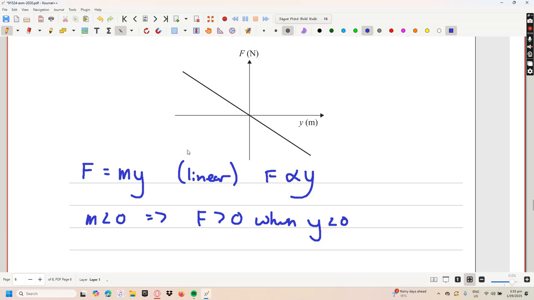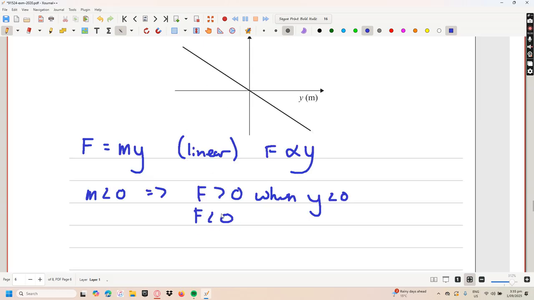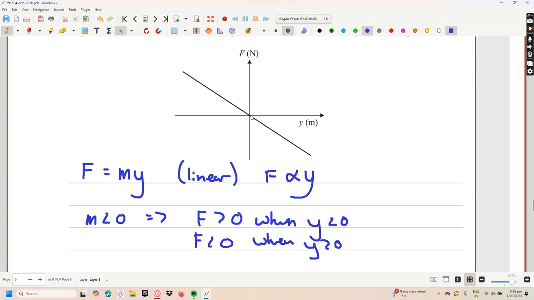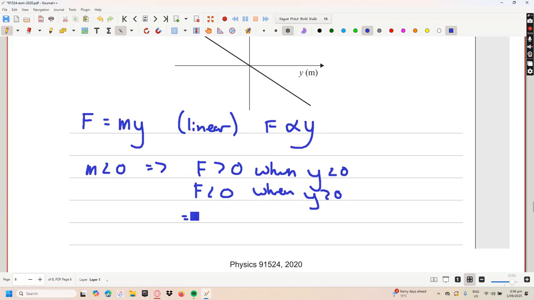F is less than 0 when Y is greater than 0. This implies that they're opposite in direction,